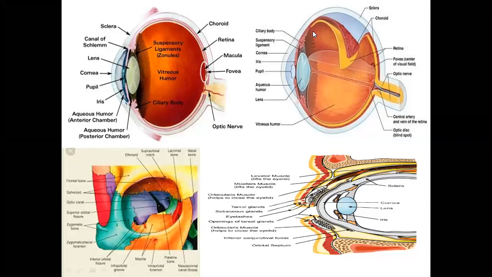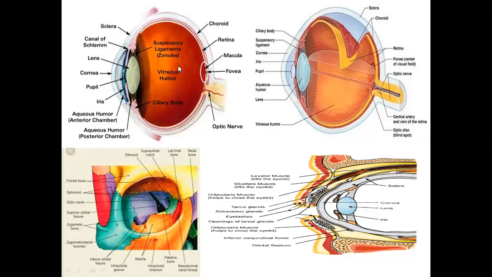Okay, and the pigmental layer of the retina, which is fixed with the choroid, provides the nutrition to the retina, the light sensitive layer. The choroidal layer and the pigmental layer of the retina will cover the ciliary body and the iris.